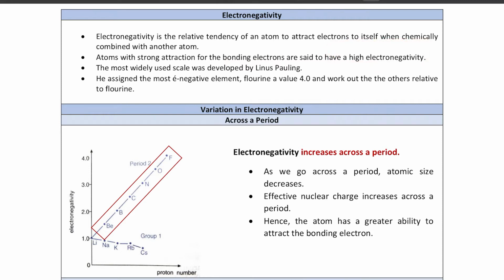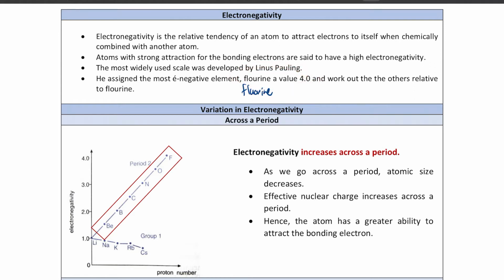Okay, and then the most widely used scale was developed by Linus Pauling. For your information, electronegativity ni dia ada value for each element dalam periodic table. That's why if you look at some periodic table yang very detailed one, you can see ada value electronegativity for each element. And usually scale yang kita guna tu adalah Linus Pauling punya scale, and Linus Pauling dah assign the most electronegative element in periodic table is fluorine. So betulkan ejaan saya sini, fluorine, and the value of the fluorine punya electronegativity adalah 4.0 ataupun 4 flat lah. Kita ingat fluorine 4 flat macam tu. That means fluorine adalah elemen yang ada electronegativity yang paling tinggi,